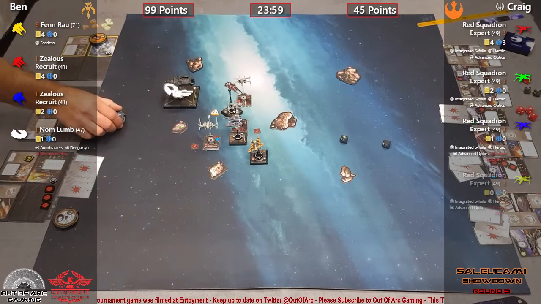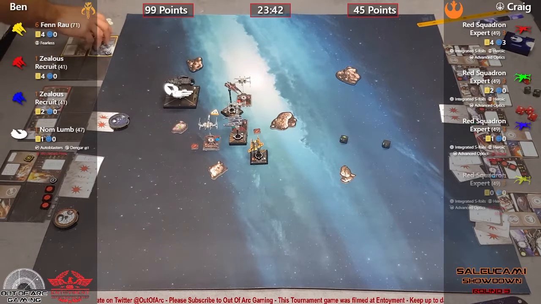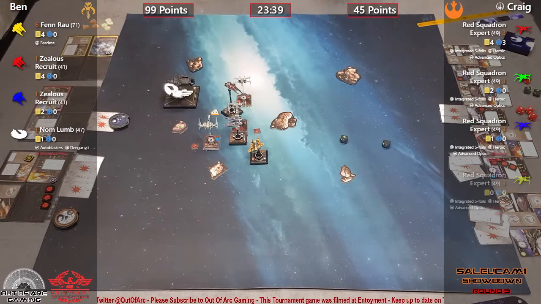Oh, yeah. I don't think you'd do that, though. I think you want to try and keep those fang fighters in the fight. Well, it'd be more likely that he'll bump into the red one if he does that anyway. Yeah. Well, the red one will move anyway first. So the fang fighters will move first with Nom Lum. Then you've got the T70s, then Fen. I think it's going to be...